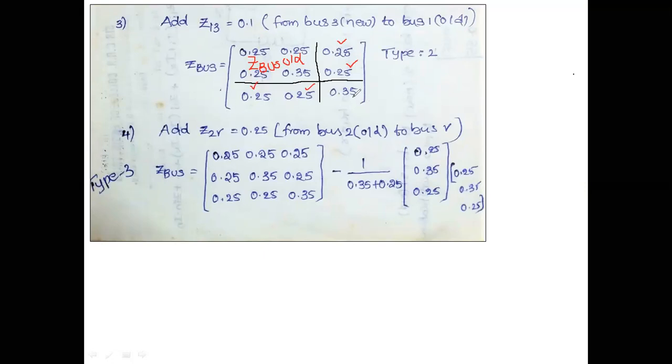Now again, this is Z22. Actually, this is also 0.25, but we are going to add 0.25 plus again 0.1. So that becomes 0.35, not 0.45. Please do remember, this is different and this is different. Frankly speaking, in this place also you are getting only 0.25, but here again we have to add 0.1 in between 1 and 3. Obviously your Z33 becomes varied, so that's why you are getting 0.35. So this is also type 2 modification, right?